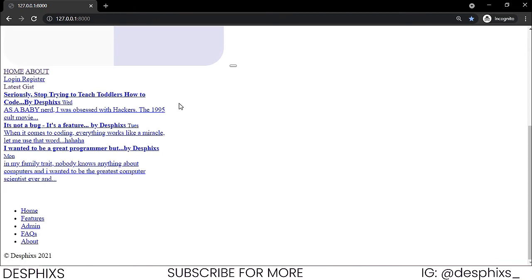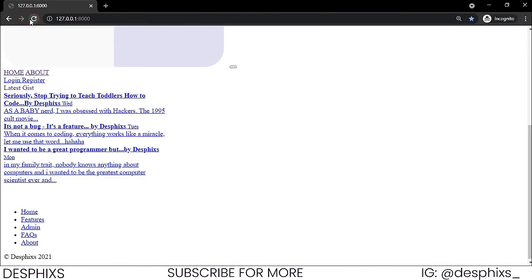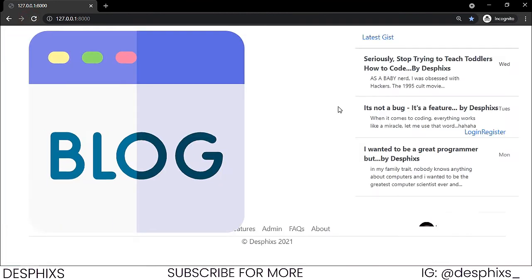The error is no longer there, but this is still not looking good. Now, how do we make this look good? We are using Bootstrap, and Bootstrap actually requires an internet connection for it to work really well. So let me just make sure that I am connected to the internet, and let me just keep refreshing this, and hopefully it should. Okay guys, and as you can see, I refreshed and this is how it's looking now,